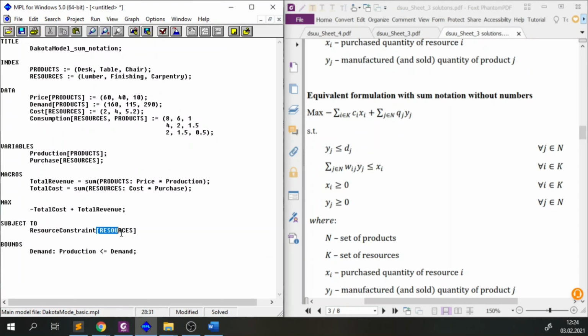And this is a syntax similar to an index, because this resource constraint will be related to every resource: lumber, finishing, and carpentry. So it's something like an index for constraints. Now I put the colon,